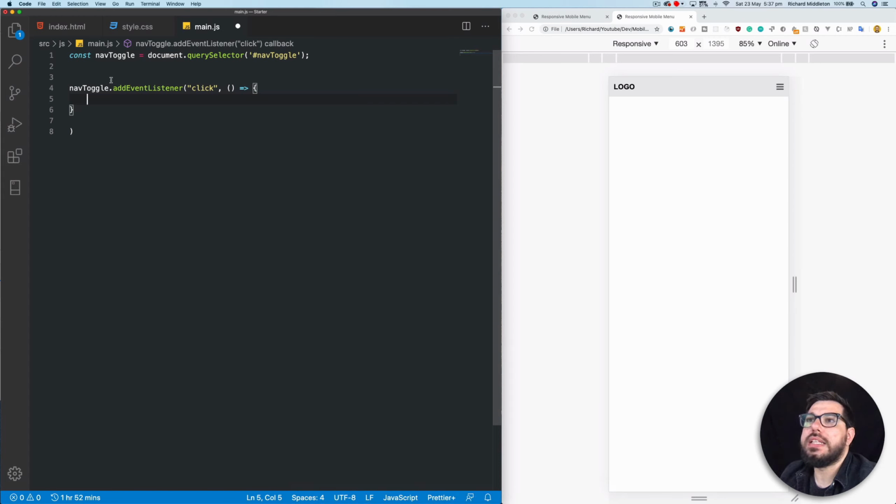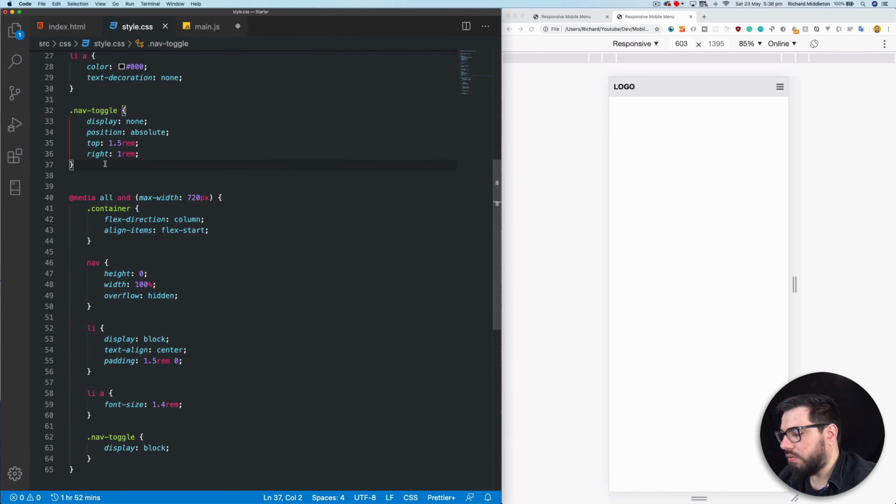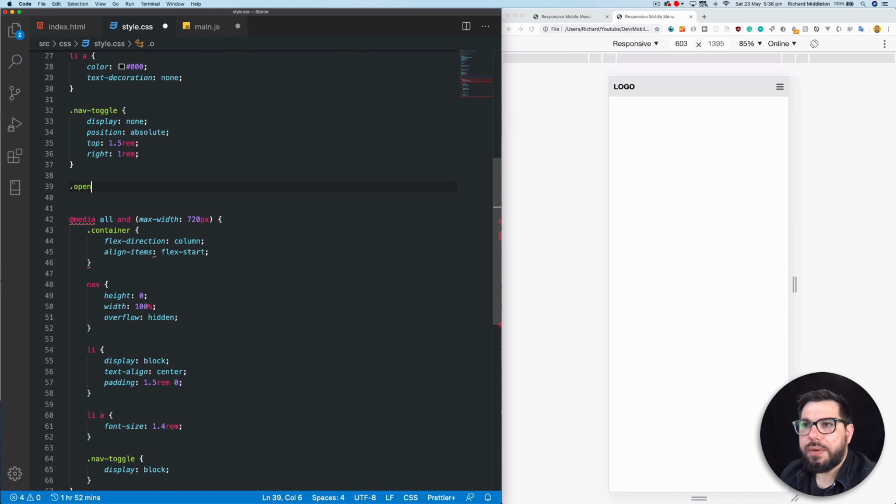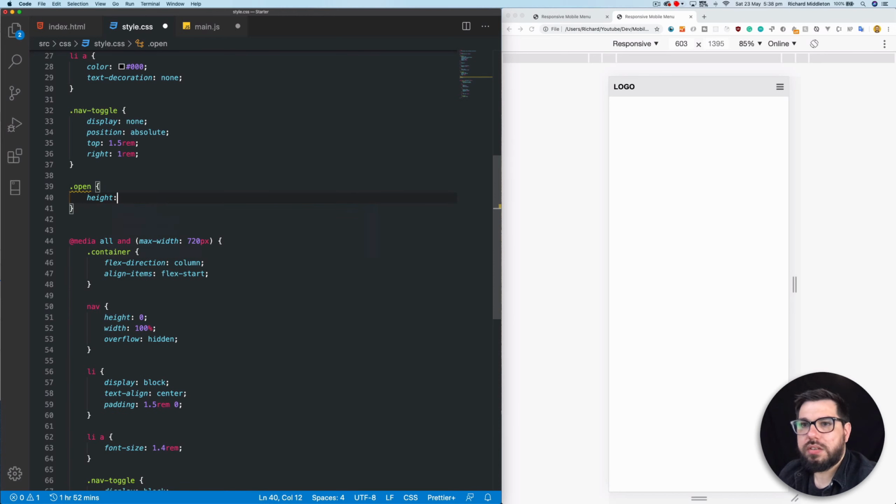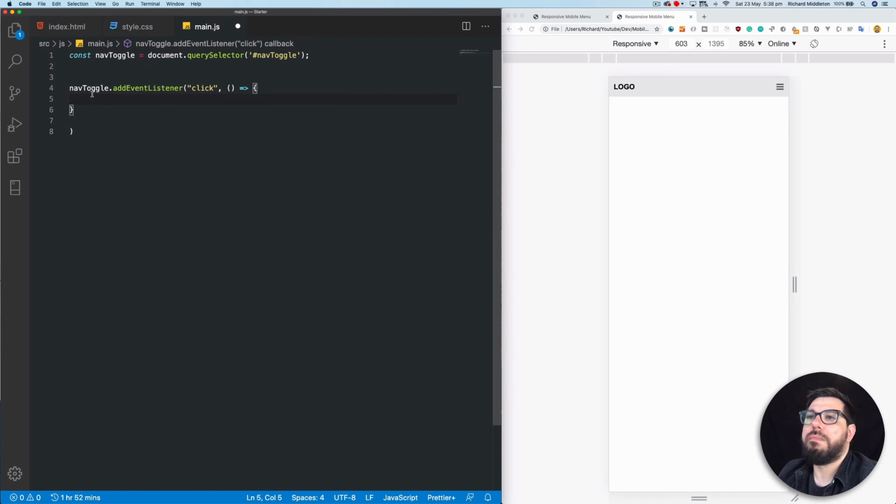So what we can do for that is set a class that's called open. And when we click on this, we can add the open class to that nav, because then it looks good in the HTML as well, so you can see it's open. So this is how we do that. We're just going to go back to our style. We can go under nav toggle. Just create a class called .open. This is going to be height 100vh, 100 of the vertical height, which is 100% of the height of the window. So back to our JavaScript,